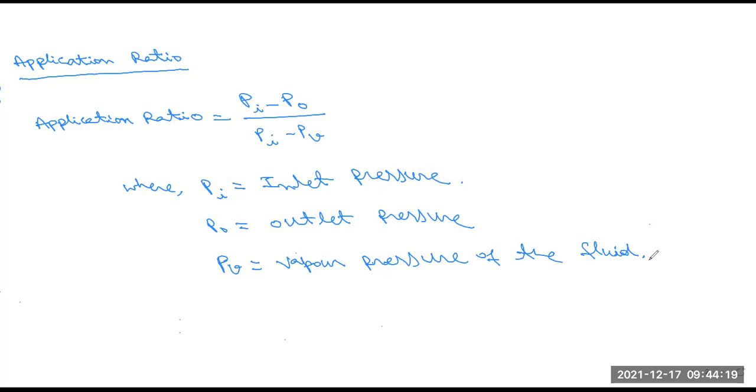And another one is the application ratio. The application ratio is the inlet pressure minus outlet pressure, divided by inlet pressure minus the vapor pressure of the fluid. So this is called the application ratio. Next,